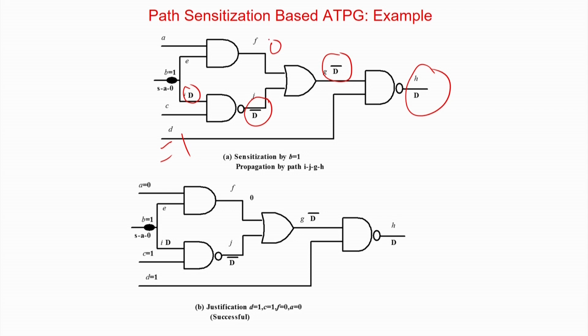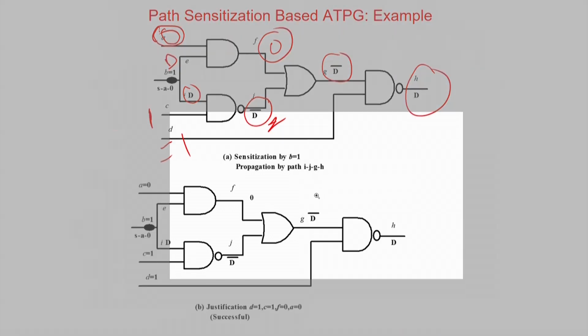This I can very easily get to be a 0 because I can make it a 0, but this line is also a D. But basically by making this line a 0, I can get a 0 over here. So, this is justified. Now what? Now I can just simply put a 1 over as C. If I put a 1 over this C, so this D will be propagated here and D prime will be gone over here. So, the conflict at G is now no longer there. So, it is basically a successful test pattern generation.